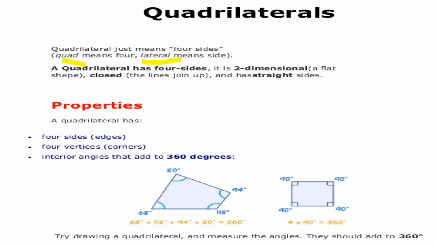So which are the figures? It has a four-sided polygon. Those figures are called quadrilaterals. Then you may ask a question, ma'am, square is a four-sided figure, rectangle is a four-sided figure, parallelogram is a four-sided figure, kite and rhombus, these figures are four-sided. Then why can't we call these quadrilaterals? Yes, of course we can call these figures quadrilaterals. It is a common name, quadrilateral, for any figure that has four sides.